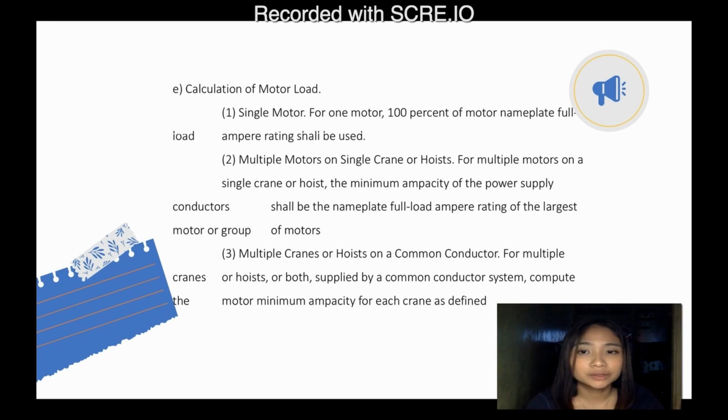Calculation of motor load. We have two motors, and the first one is a single motor. For one motor, 100% of the motor nameplate full load ampere rating shall be used. In multiple motors naman, on a single crane or hoist, the minimum capacity of the power supply conductors shall be the nameplate full load ampere rating of the largest motor or a group